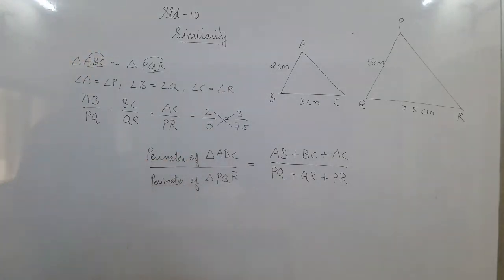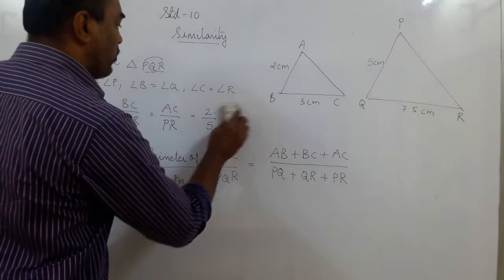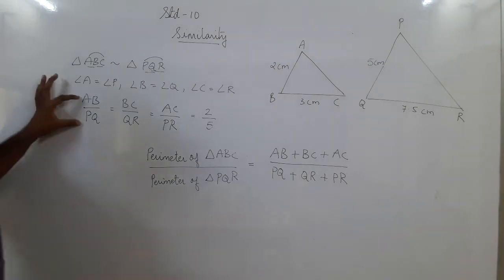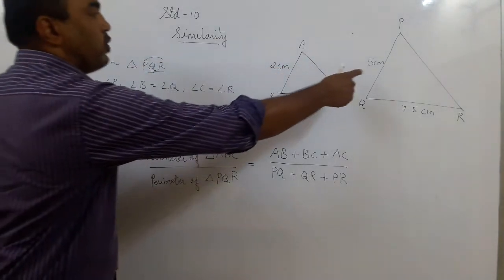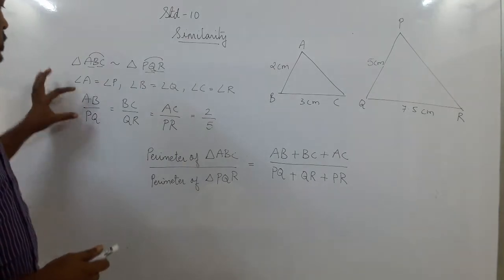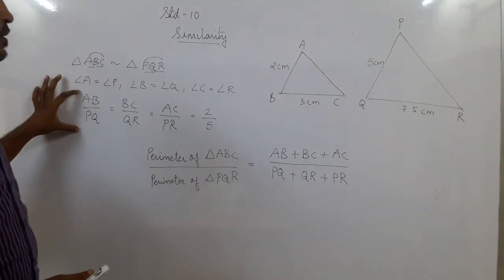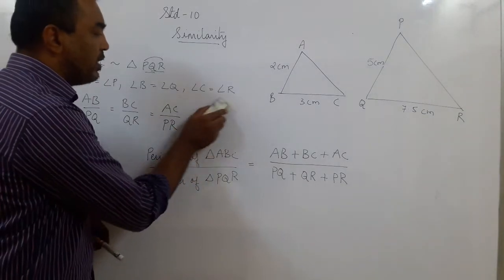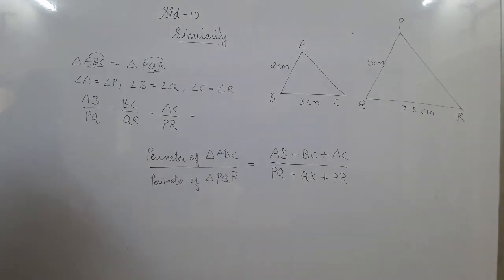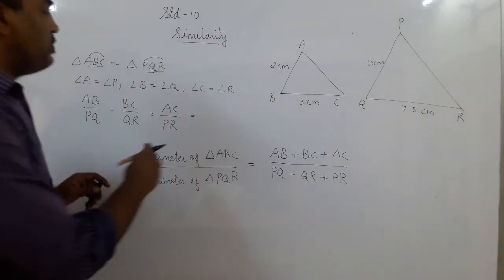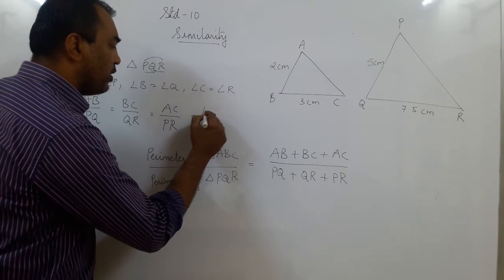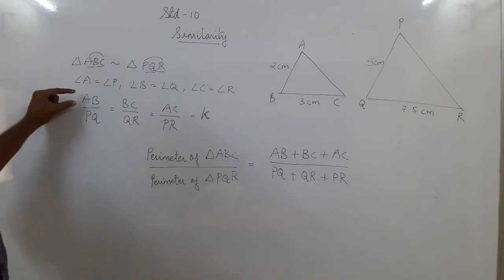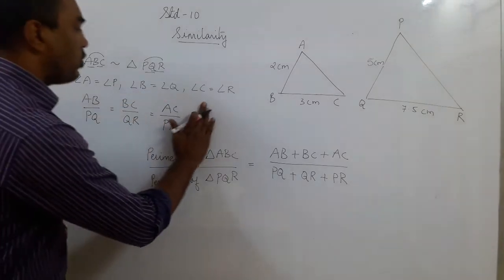So let me assume the ratio is 2/5. What I am trying to tell you, I hope you are following. The sides are in any ratio, 2:5, or if it was 4 then 2/4, that is 1/2. So when the triangles are similar, the ratios are equal. So here I will not take a ratio like a number 2.5 or say 2 times or 1/2, 1/3, but let me say the ratio is k, some number k. K is a number which gives me the ratio of AB and PQ. So the ratio between them is equal. I call this ratio k.